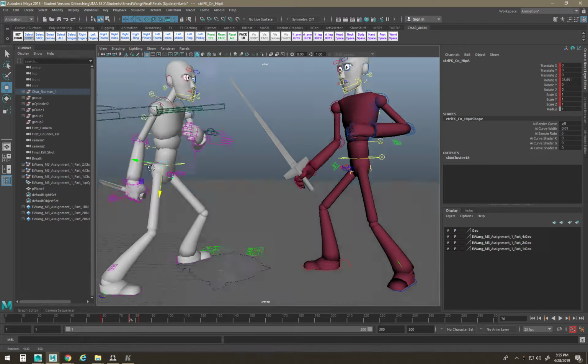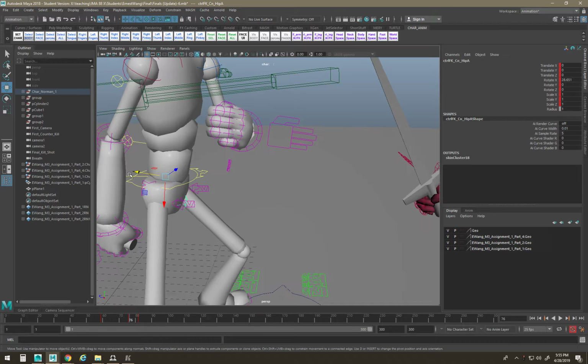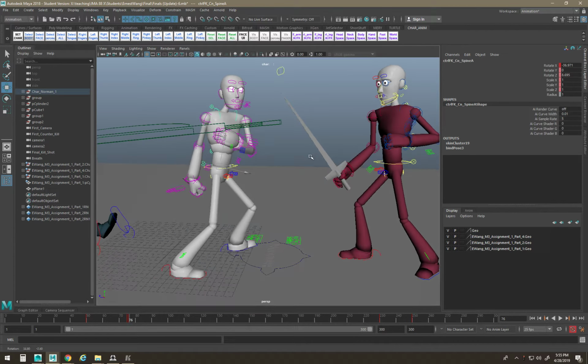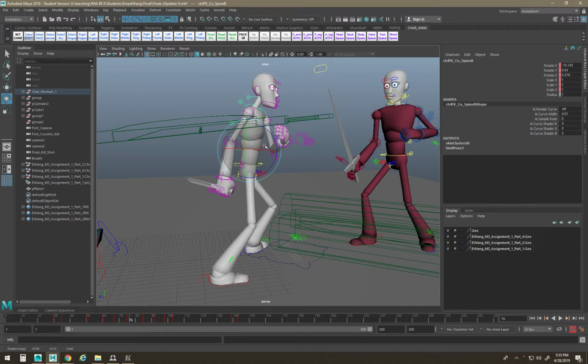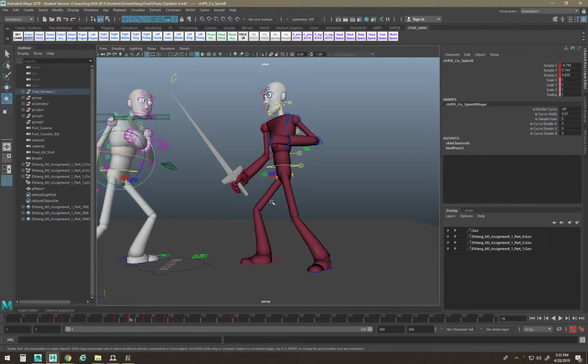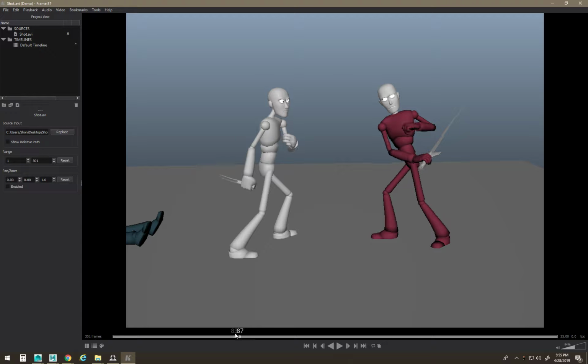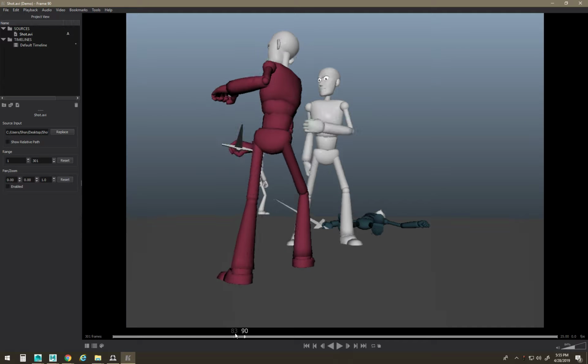Yeah, so you want to do a pass through your stuff and try to get more natural feeling poses, you know. Go back here. Yeah, so fix the hips there. Fix the eyes. And then